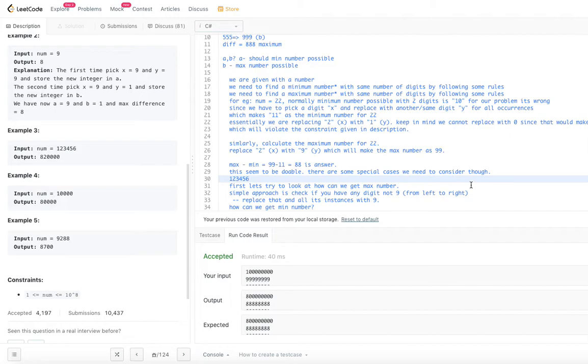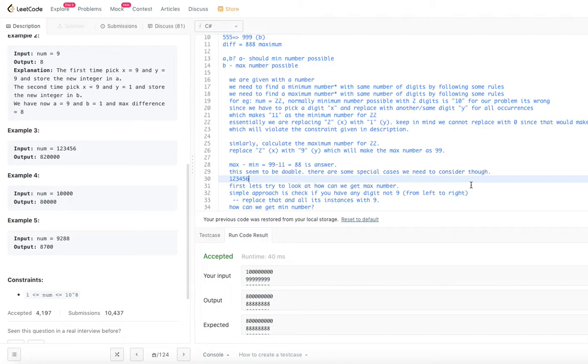What we are going to do is, we are going to replace the first digit which is not equal to 9 by 9, right? So the logic is, we have to replace the first digit in that number. The first digit, when I am saying, is always from left to right, okay?